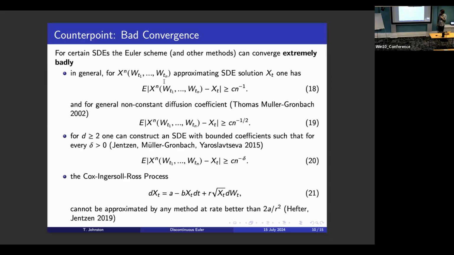Well, actually, I'm not so familiar with what the literature is like about the weak convergence. Actually, no, there's one paper from the early 2000s which deals with weak convergence. And I think rate 1 is recovered for weak convergence for bad coefficients. But the new research development in the last 10 years has focused mainly on strong convergence. There might be more results than that one paper from 20 years ago about weak convergence, but off the top of my head, I'm not aware. But I think, strong convergence obviously implies weak convergence, but in a lot of cases, you can probably do better than these results for weak convergence.